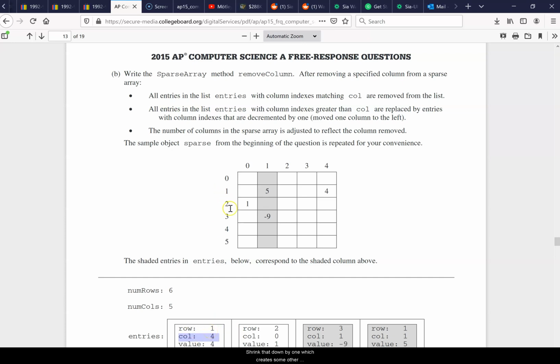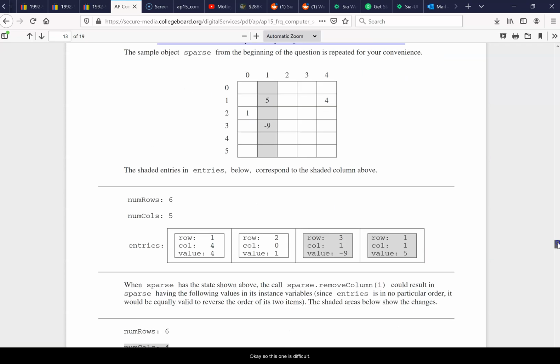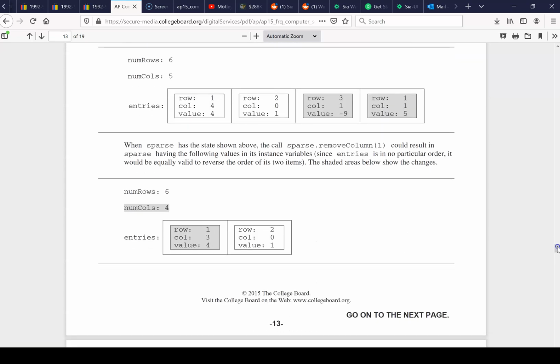shrink that down by 1, which creates some other issues that are hard to deal with. All entries in the list entries with column indexes greater than 0 are replaced by entries with column indexes that are decremented by 1. Move 1 column to the left. The number of columns in the sparse array is adjusted to be reflected. Okay, so this one is difficult because look at this. This moves the column down by 1. It still has the same row and the same value, but